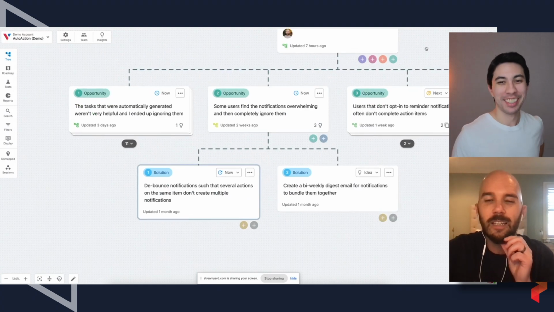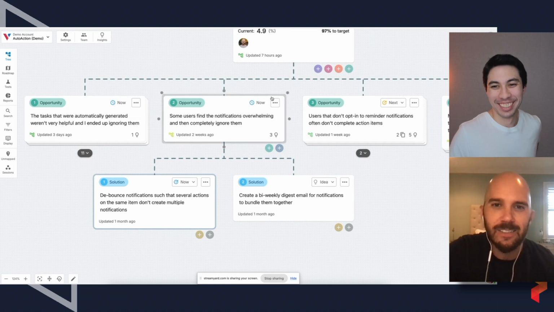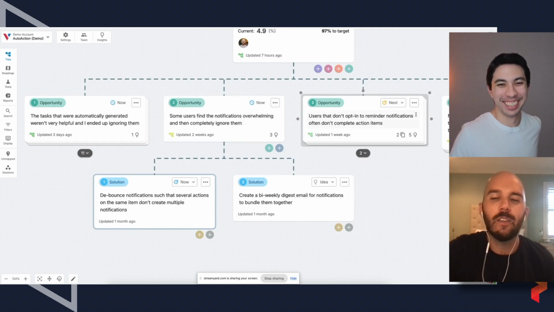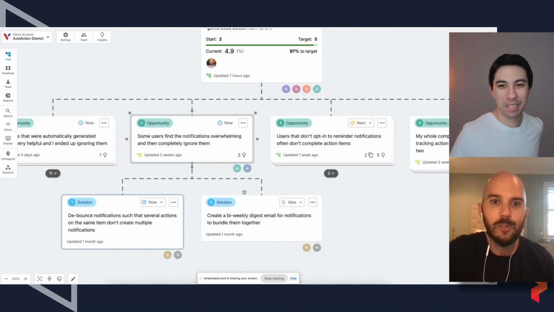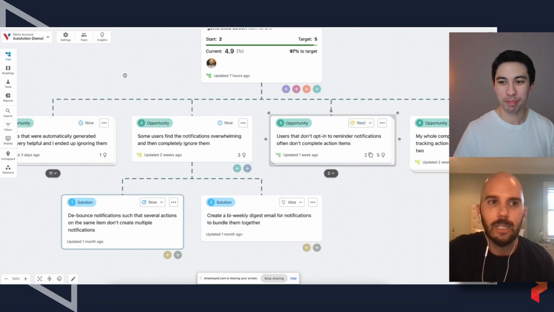Yeah, I know, right? It's actually my co-founder under a pseudonym in there. So there are these statuses on things in the opportunity solution tree portion of it, right? And they have these now, next, later statuses on it. This is just another way that Vistaly is